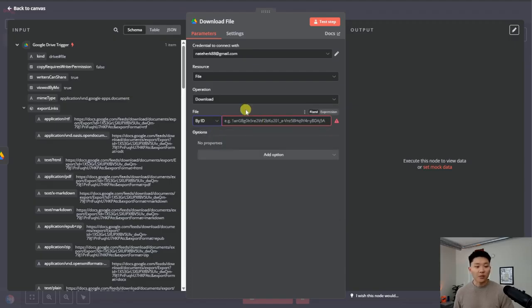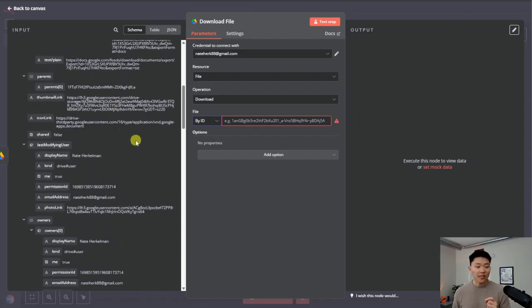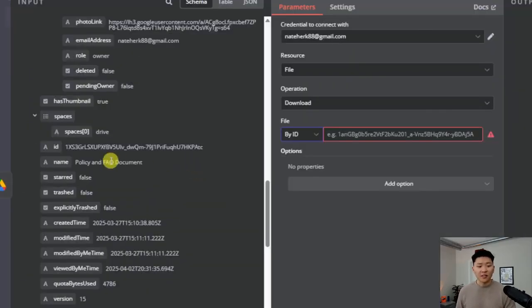And all we have to do now is look on the left-hand side for that file that we just pulled in, and we're going to be looking for the ID of the file. So I can see that I found it right down here in the